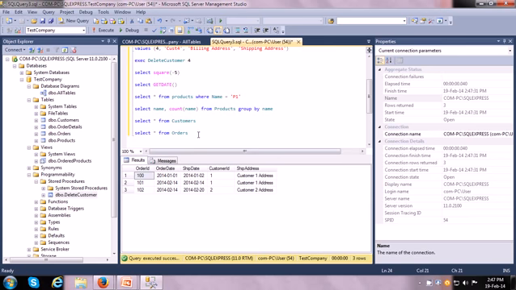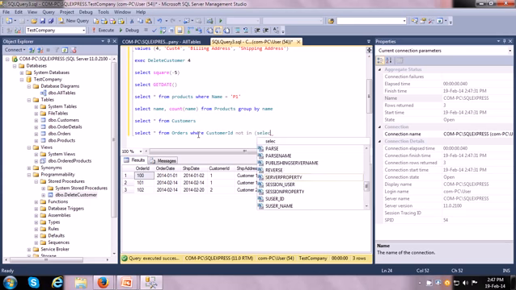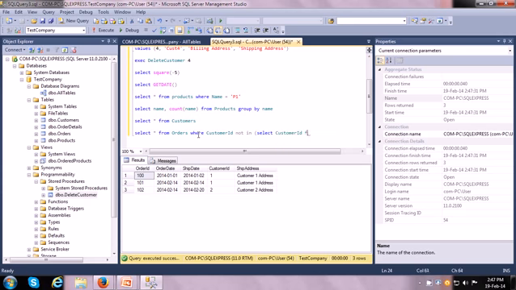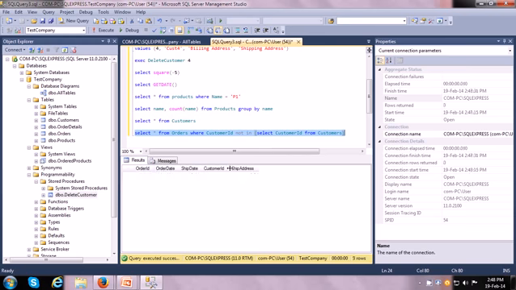So how we can do that is select star from orders where customer ID not in, and we can use another nested select statement. Select just customer ID from customers. So here what we can first find out is all the customer IDs from customers. So these are all the valid customer IDs. From the orders table, we want to find out those rows where there is a customer ID that does not exist in the customers table. So there are no such rows, which means the data is correct.